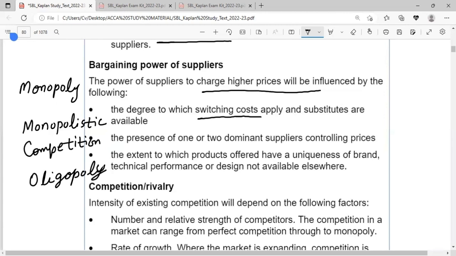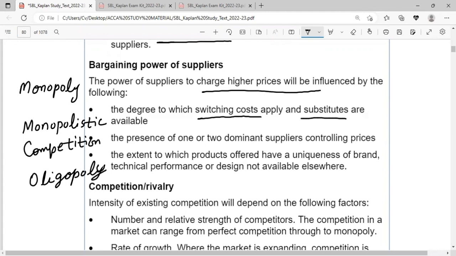Most of us would like to try the new burger, because our switching cost is just $10. If we do not like this new burger, we will not purchase again. But $1,000, $800, $600 was a huge amount for us, so we were not ready for any kind of switching. So where there is high switching cost for the customer, there is high bargaining power of the supplier. Where there is low switching cost for the customer, there is low bargaining power of the supplier. I hope you understand now.